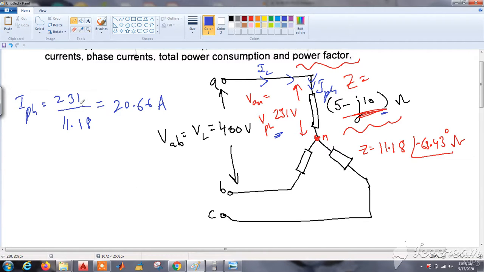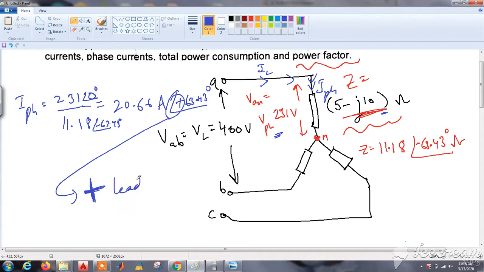You can also calculate in phasor form, that is the angle associated with voltage is 0 degrees. If nothing is given, assume 0 degrees, and for impedance we know that the angle associated is minus 63.43 degrees. In division we know that numerator angle minus denominator angle. So when it goes up, minus becomes plus, so plus 63.43 degrees. From here also we can see that the current angle is positive, that is leading in nature. That's why power factor is leading.